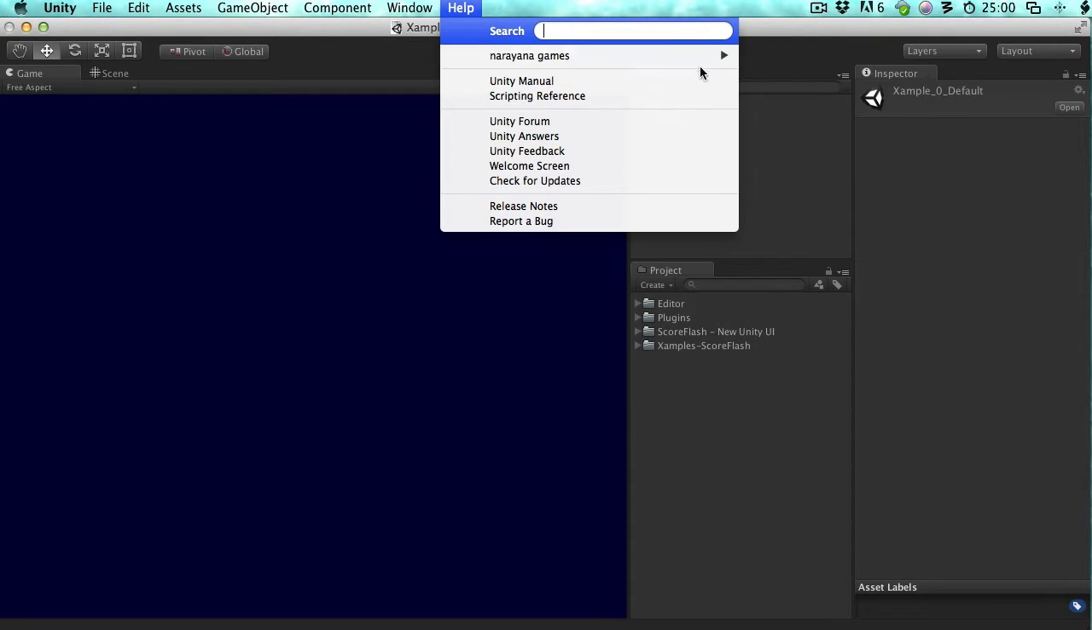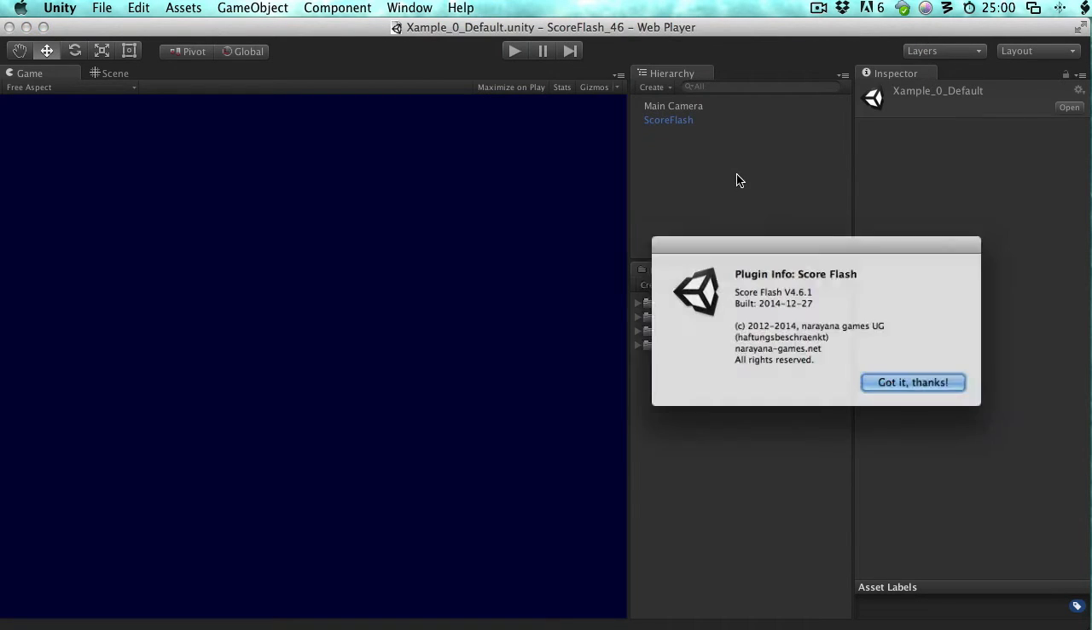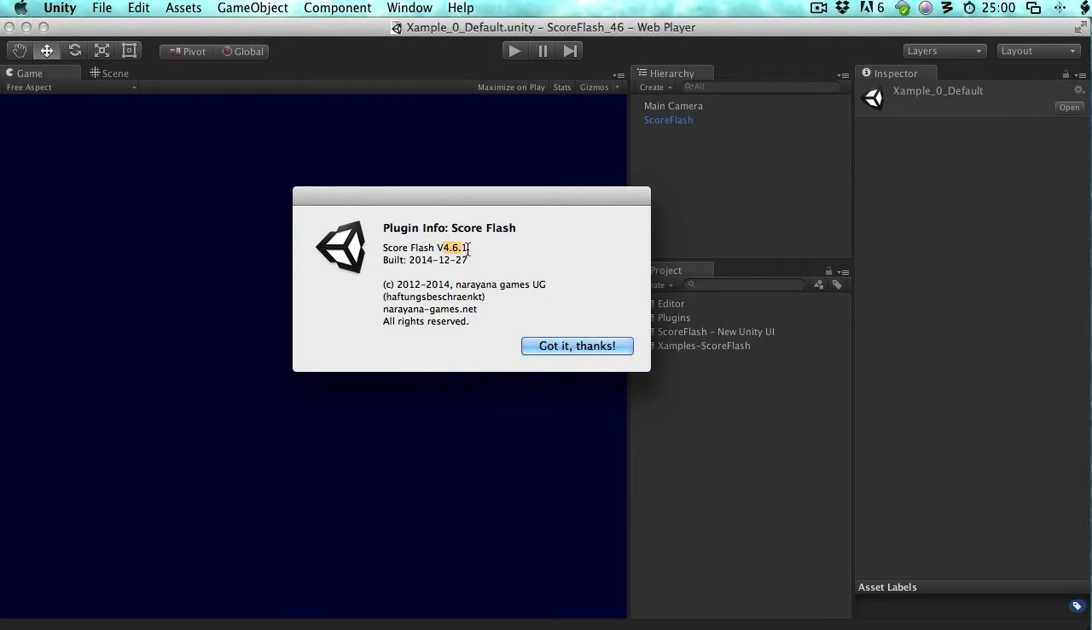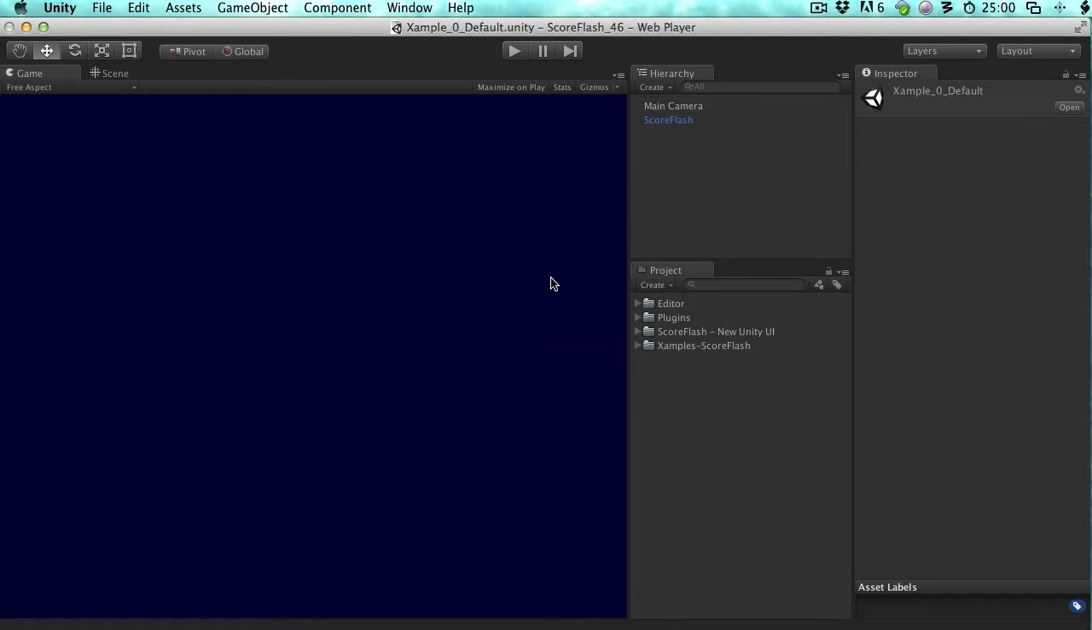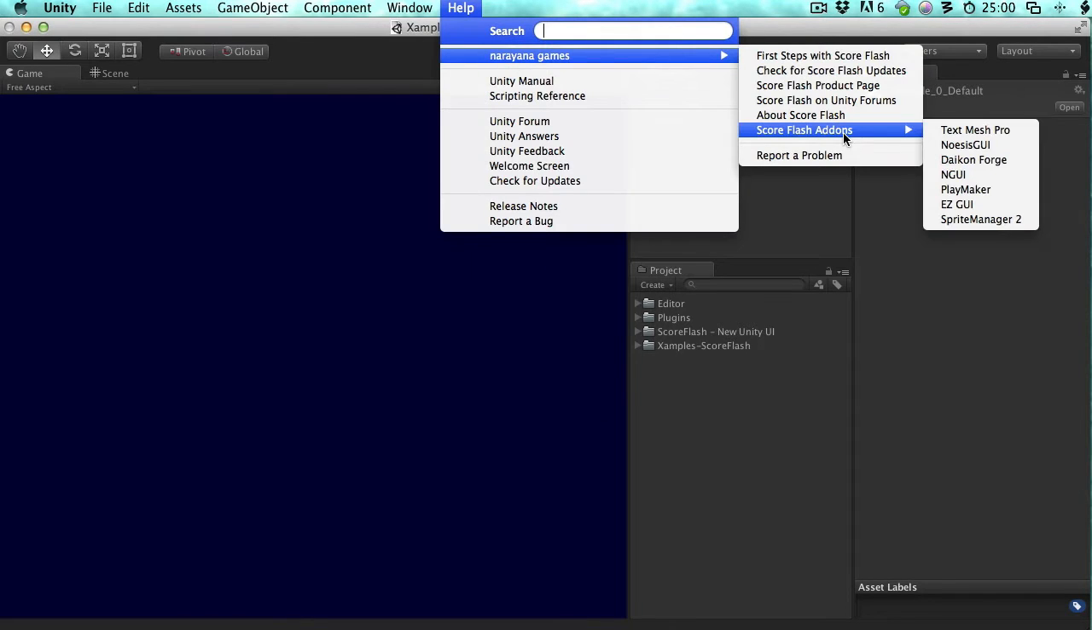Then there's also a way to check out which version of ScoreFlash you currently have. This is now 4.6.1, and this one here, ScoreFlash add-ons, that's really important because that links directly to the different add-ons for ScoreFlash if you want to use ScoreFlash with NGUI, for instance, or Playmaker. Some of these are paid for, but that's a possibility if you want to integrate ScoreFlash with another add-on